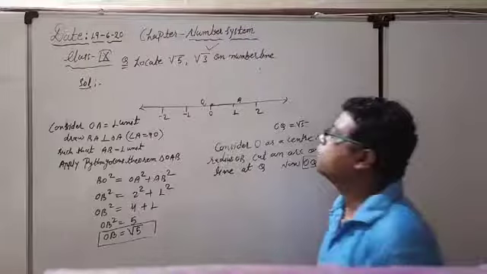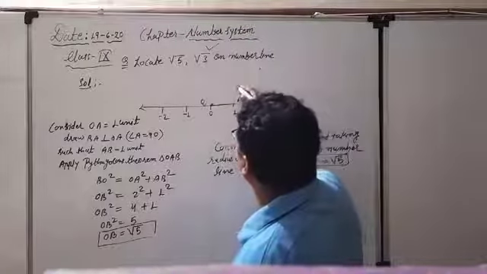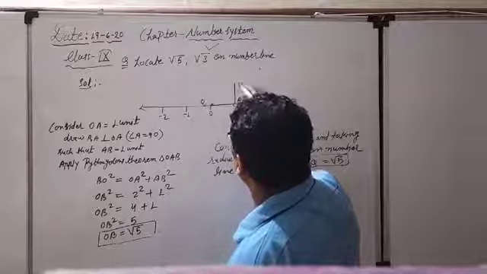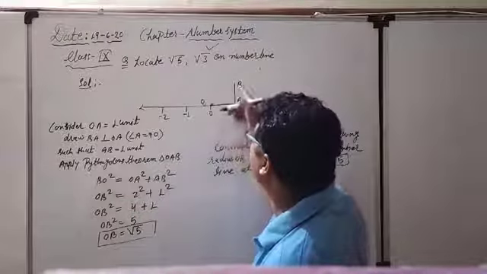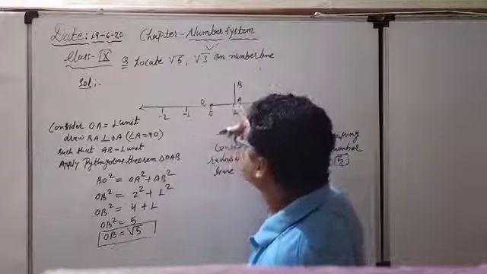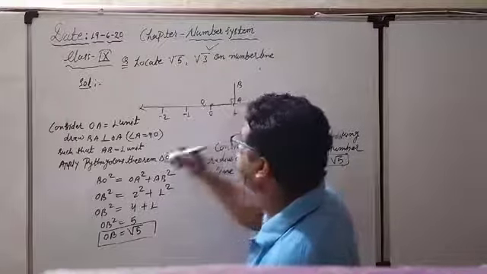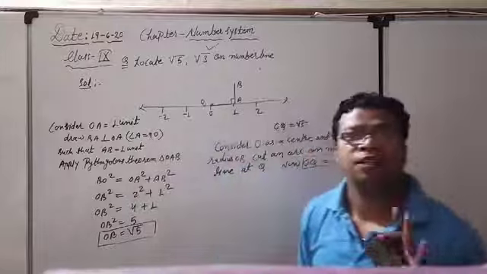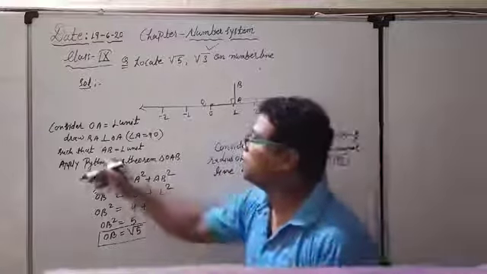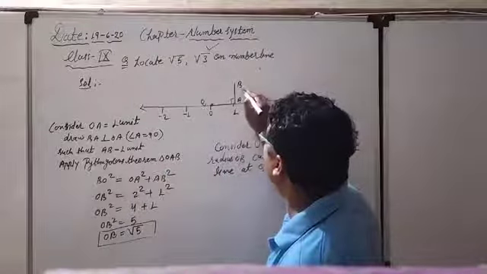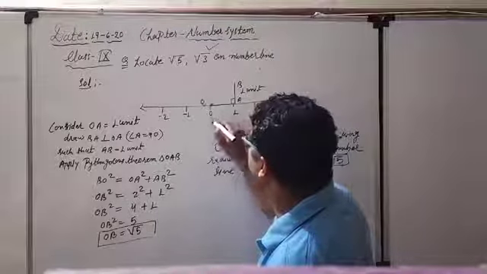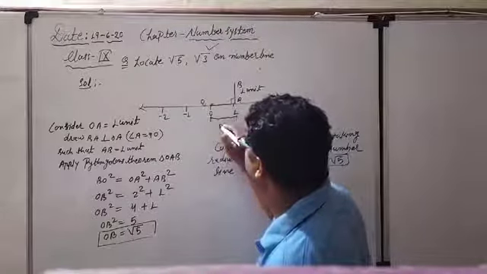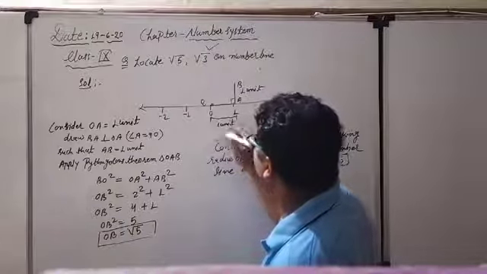And right now see, after the OA again I have to draw one perpendicular. What is that perpendicular? AB. Draw AB perpendicular to OA such that angle A should be 90 degrees. Other things are the same. Right now see, such that AB equal to 1 unit. So right now see, this is also my 1 unit. And this also you can see, this is equal to 1 unit. No problem at all.